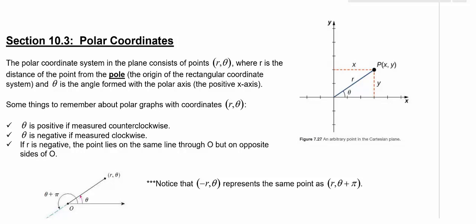So first of all, I'll read some of this to you so we can go along together. The polar coordinate system in the plane consists of points (r, theta), where r is the distance of the point from the pole, which is really the origin, and theta is the angle formed with the polar axis, or that positive x-axis. This is no different from the trig that you studied. What that means is if that is our polar axis, the positive x-axis, we have always found the positive theta to be a rotation up into that first quadrant,